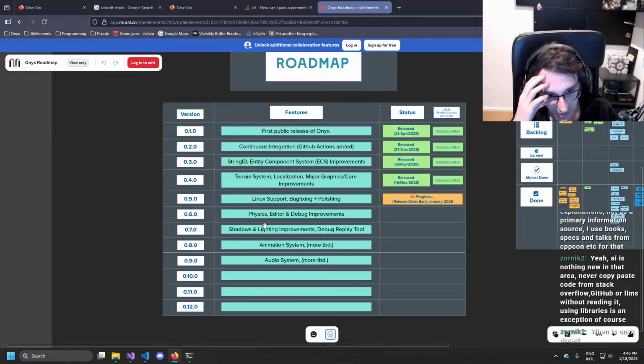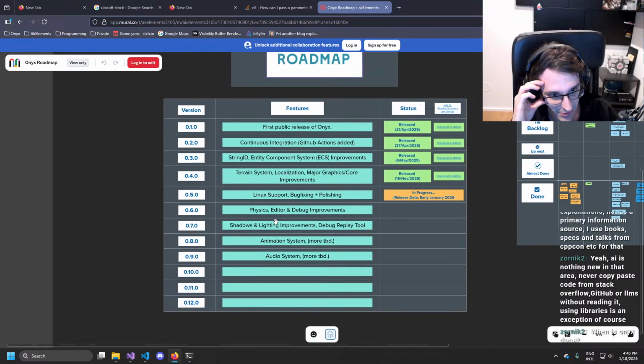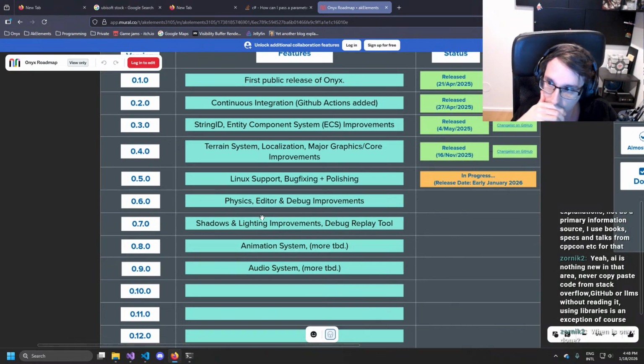And somewhere in between here, I want to get it in a state where people without too much knowledge about coding can use it to create a game. Is it done then? No, because we don't have animation, we don't have audio. But for a simple 2D game, I think it would be usable here, because 2D animations with sprites are not too complicated to add yourself. This is a little bit more advanced, like 3D stuff, right?